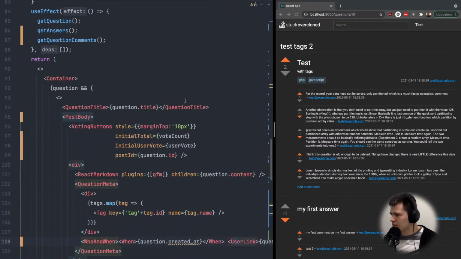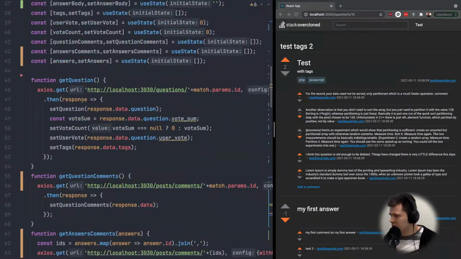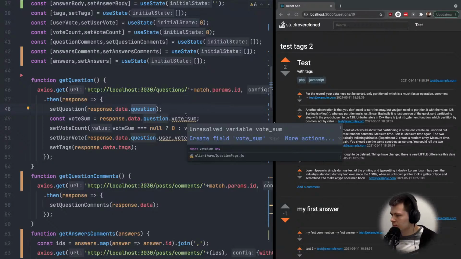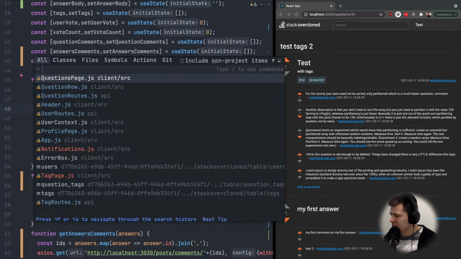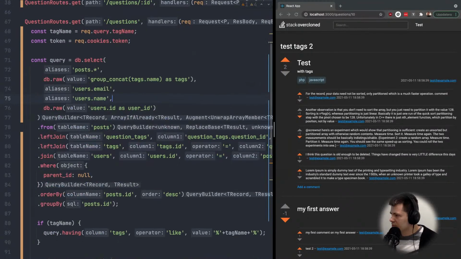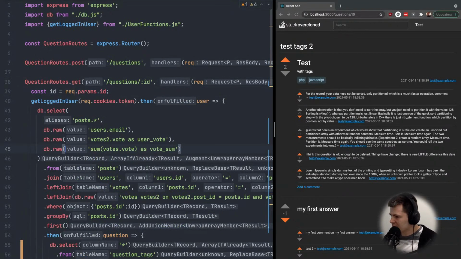But we don't have it here. Let's see where we fetch question. Set question. Here we fetch for specific ID. So let's go to question routes, and where we fetch for specific ID, let's open this,